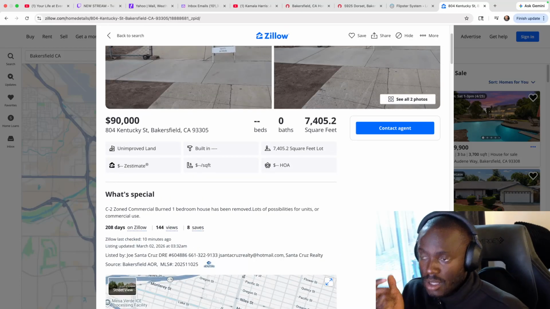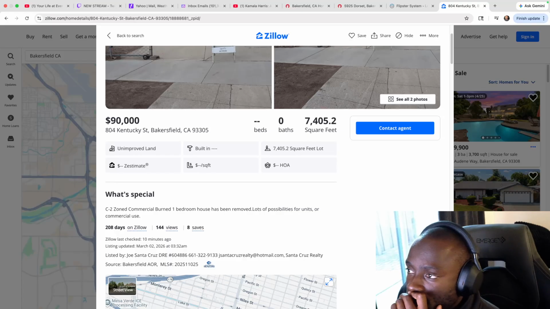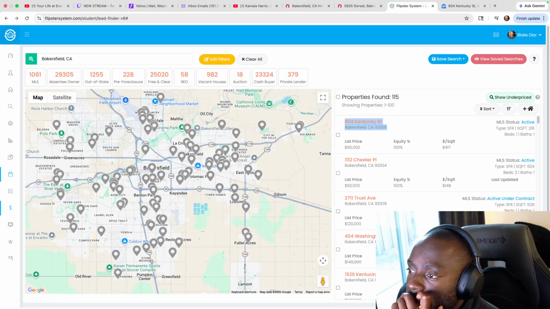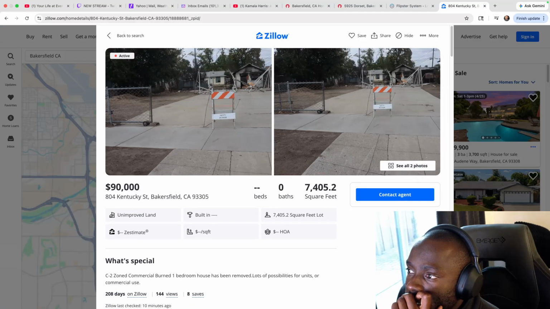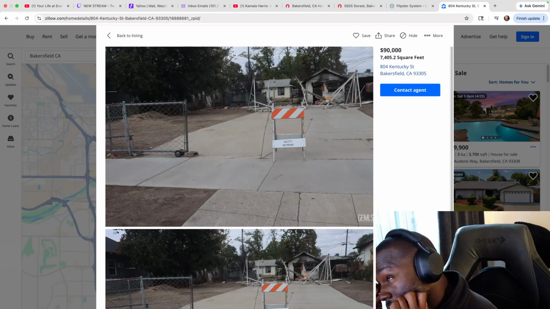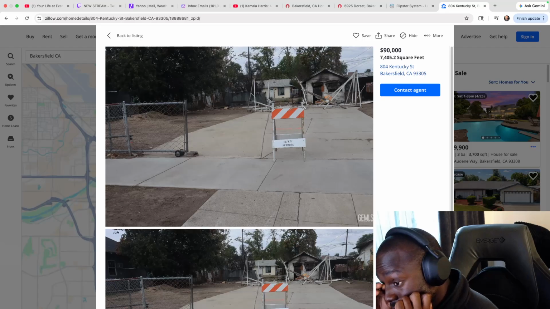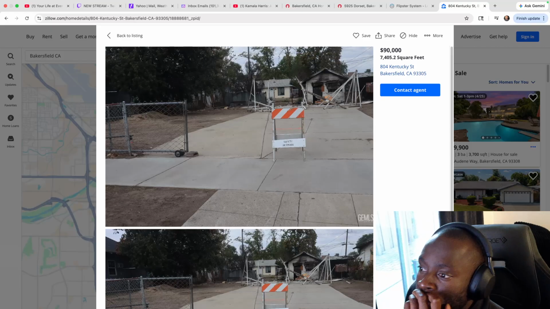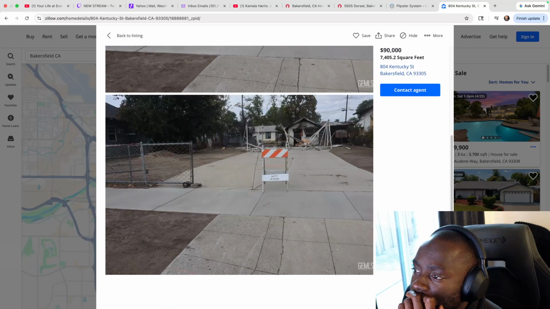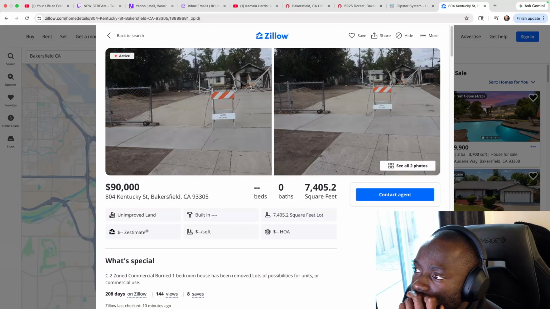So essentially, we could tell that this home is finished. It's a complete demolition home. What do I want to do?